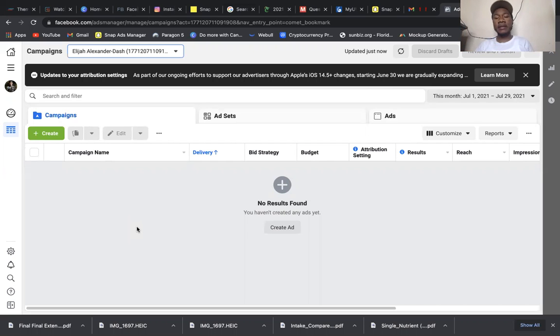So first things first, when you first get into ads manager, once you go ahead and create your account, this is what it's gonna look like. I'm gonna go over the ads interface in a couple of seconds, but not right now. First, I'm gonna go over your tools and things like that. So this is the ads manager's home. This is where basically all your ads, your ad sets, your campaigns, all that's gonna be managed.